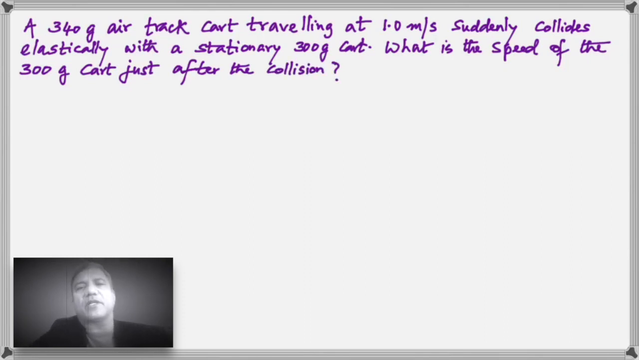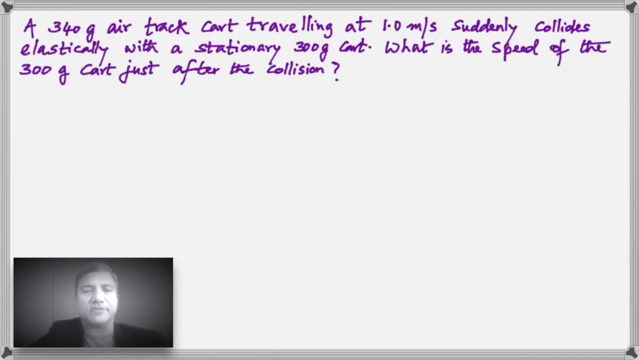So here there are two unknown quantities. You know the initial velocity of the 340-gram air track. You know that the initial velocity of the 300-gram air track is zero because it was stationary. But after the collision, we do not know the velocities of either one of them. So that's what makes this problem tough. So I will do it in the proper way, which will be a lot of steps, but if it's a multiple choice question, you can simply substitute the answers and find out by trial and error. What am I trying to say? Let me explain. If it's an elastic collision,